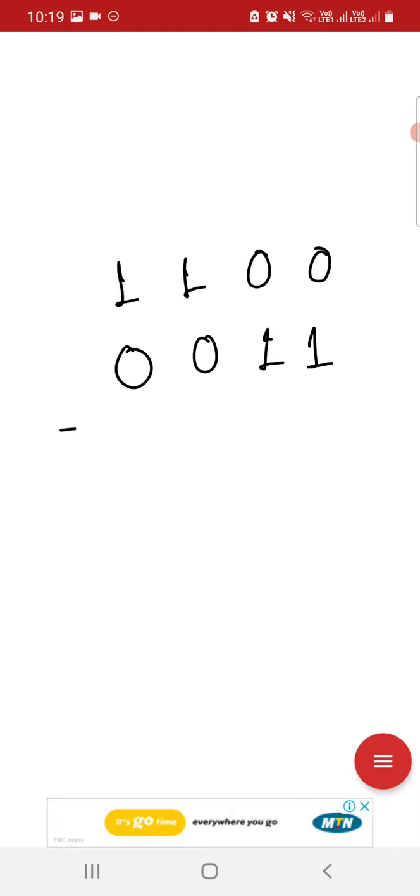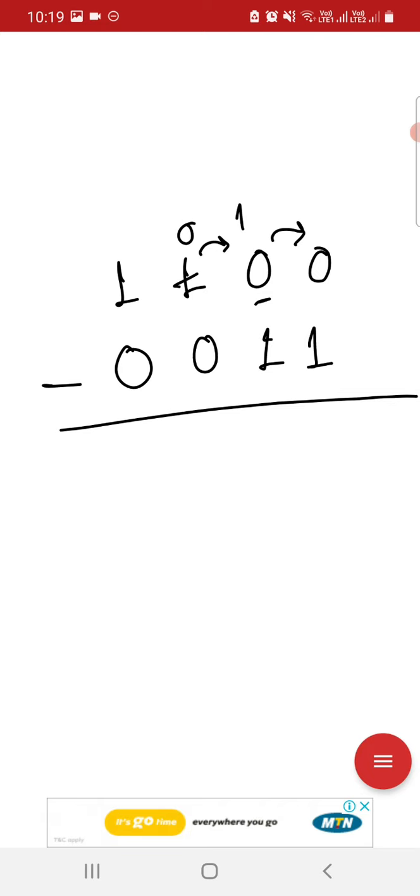Okay, next one is 1 1 0 0 0 0 1 1. That is your next digit. That means you have to subtract 1 from a 0. Then you need to take a borrow from the previous digit, that is also 0. That means you need to take a borrow from that digit, that will be 0. That will be 1 0. 1 0 means 2. From that 2 you can take a borrow, that will be 1 0. 1 0 means 2. 2 minus 1, that is 1.